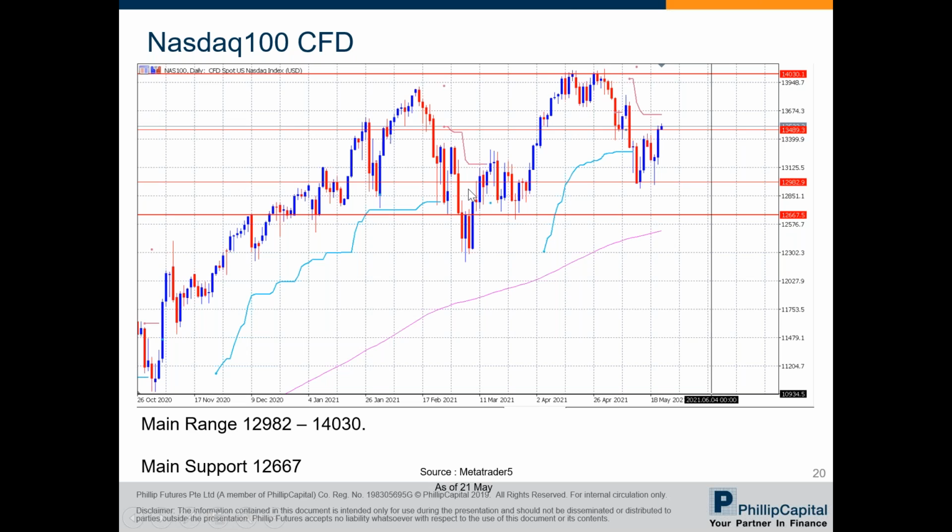So the next US index is the Nasdaq 100. This is similar to the S&P in the sense that it also shows a recent hammer revealing itself and the buyers reacted strongly. So this is actually a bullish sign as well. Overall, the scenario in Nasdaq 100 is more established than the S&P, as you can see here. There's a wider range of movement that's consolidating and a series of higher highs and higher lows over here. So the consolidation is more established, giving it more re-establishing of support and consolidation.